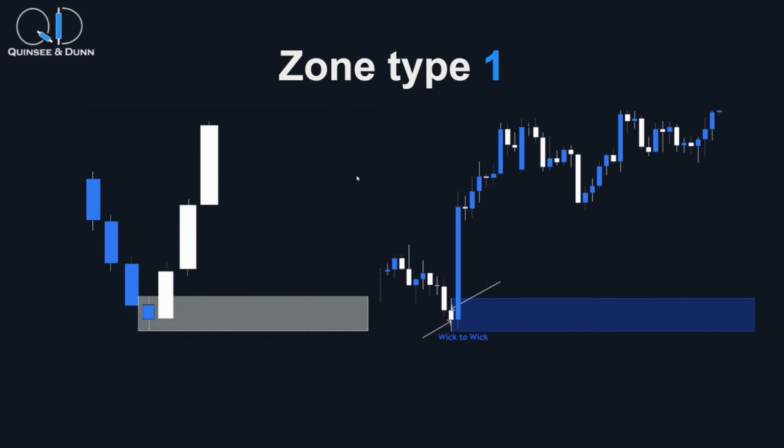Alright, so now just go over some different ways we can draw up our zones. So again, this is all personal preference. As you can see, this one's drawn up from wick to wick, so I would say it's also the most traditional way. Personally, this is the way I draw up my zones, just because I feel like we actually do get into more trades this way, and the risk to reward is